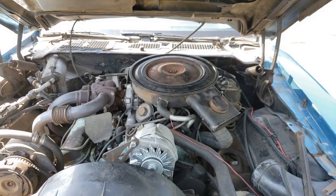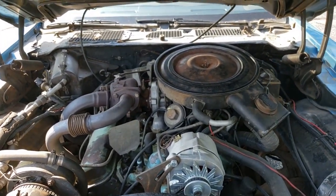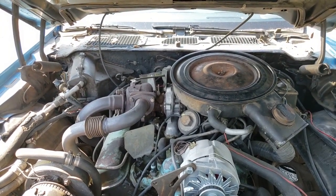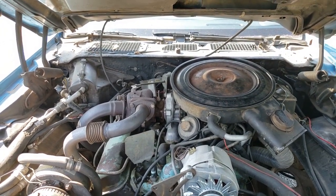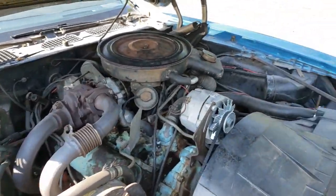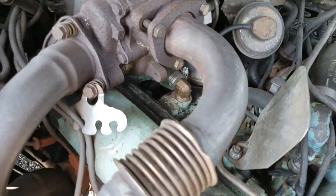I was told by the previous owner, who had it actually quite a while, that the turbocharger was replaced at some point not too long ago, and it does look to be a remanufactured unit. One of the things that I did notice down in here, though, if I can get a shot of it,